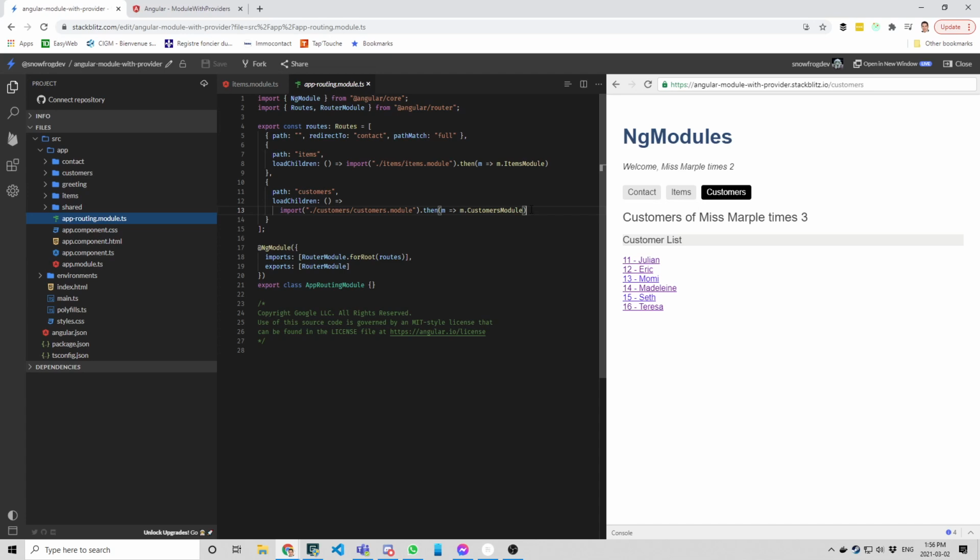Now, by default, if you don't use lazy loading of modules and feature modules, it will load the entire app, all the components, all the services, everything, right? And that can take a while if it's a big app. When you use lazy loading of modules, and you split your app in feature modules like we have here, then